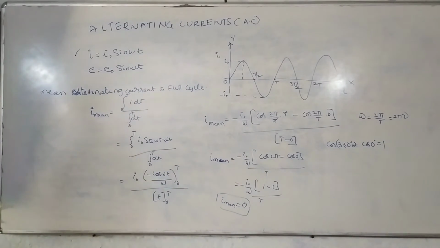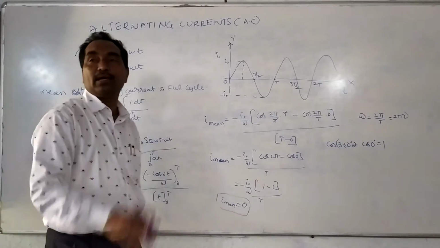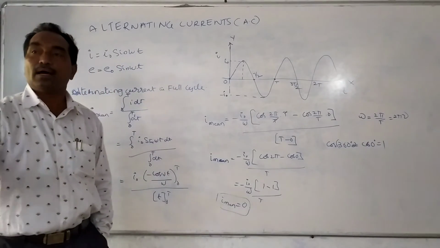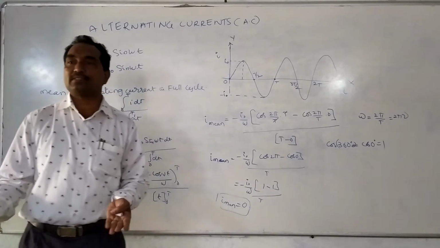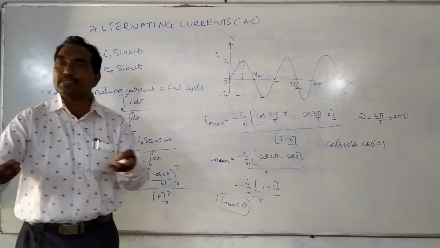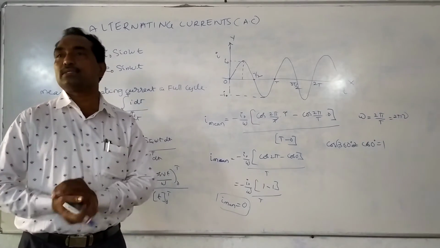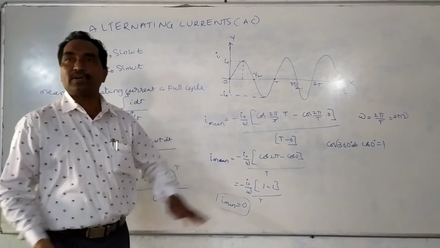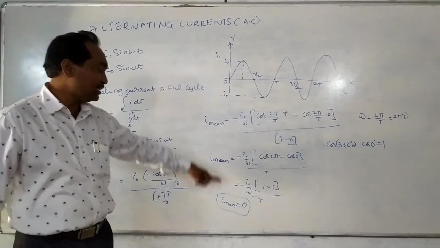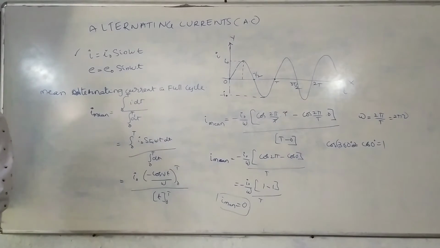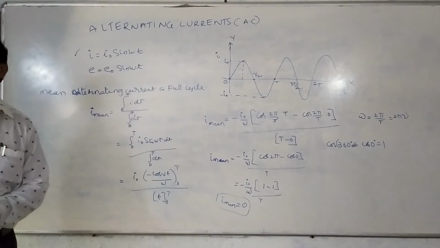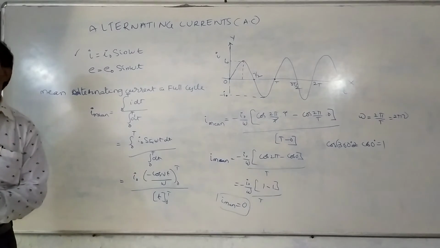So the average current for the complete cycle is 0. Is it right? That is not right, because we have some minimum current. When we take alternating current through our ammeter, we get some amperes in current, maybe 1 ampere, maybe 20 ampere, maybe 10 ampere. So there is some reading. What the mean current is saying is 0. So the calculation of current for the complete cycle is a wrong statement.